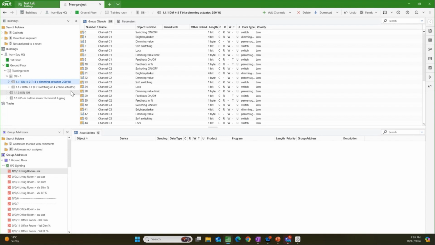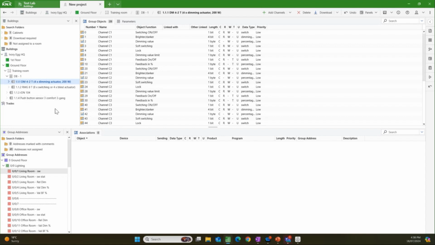Now all we need to do is link the load to the group address. And the best way to do this is to forget about the rest of your job. Just look at the device at that time, that channel at that time, and work out where it needs to be linked. Don't try and conceive the whole job in one. Don't try and make all the functions work at one point. Just concentrate on that